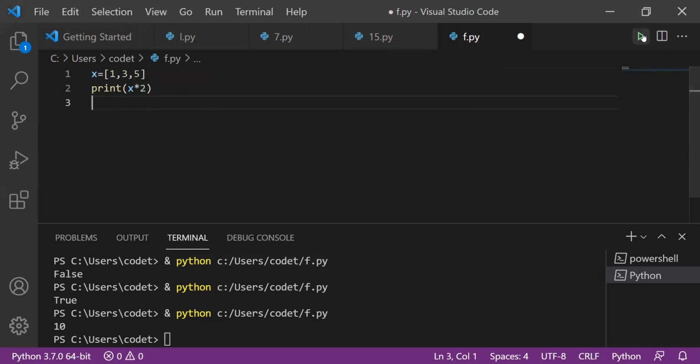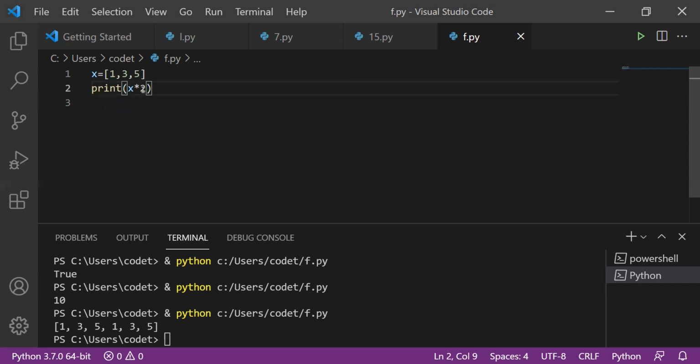Many people were thinking we'll get something like this. It's not that star is there, so we have to multiply something like that. No. Star 2 means it will multiply that. The list which is there with us is going to double. It is not like 1 into 2, 3 into 2 which is 6, 5 into 2 which is 10. It's not like that.